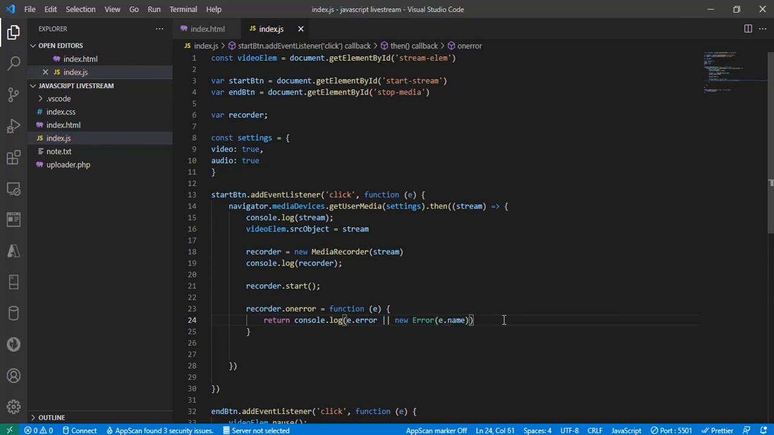So the error object is going to display the error. Okay, so let's move on. So we've handled the error. If any error occurs, it's going to display it. And the next thing is